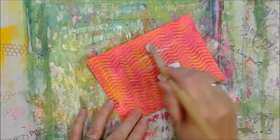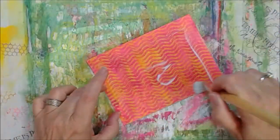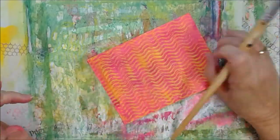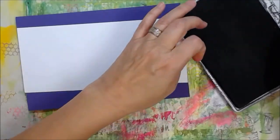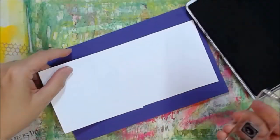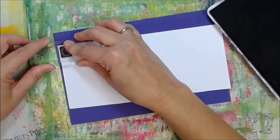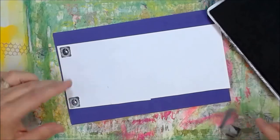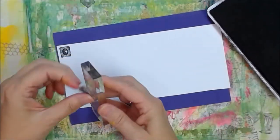And as y'all saw, I painted the watercolor paper with acrylic paint. I used a couple of shades of pink. Then I used the fun foam and painted that with the yellow and stamped with that. Now I am taking some acrylic stamps and just stamping them onto plain white cardstock to be cut out momentarily